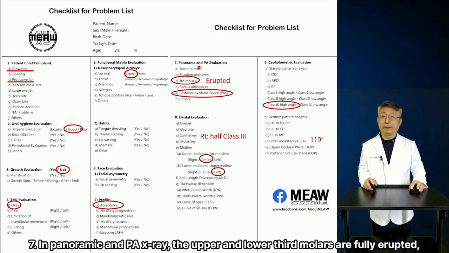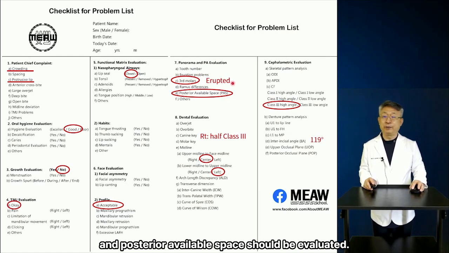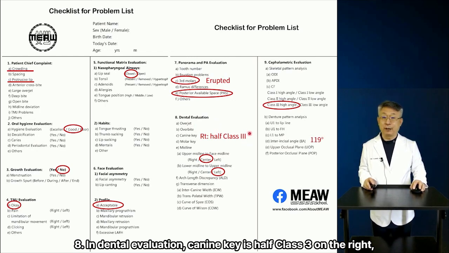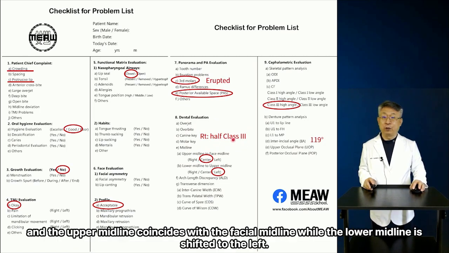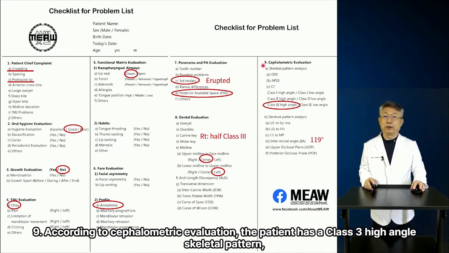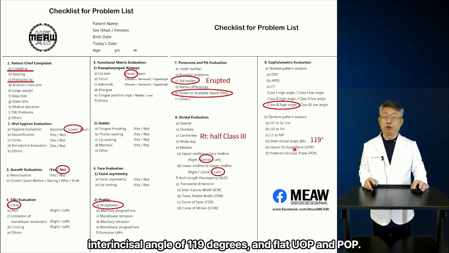7. In panoramic and PA X-ray, the upper and lower third molars are fully erupted, and posterior available space should be evaluated. 8. In dental evaluation, canine K is Hauff class 3 on the right, and the upper midline coincides with the facial midline, while the lower midline is shifted to the left. 9. According to cephalometric evaluation, the patient has a class 3 high-angle skeletal pattern, interincisal angle of 119 degrees, and